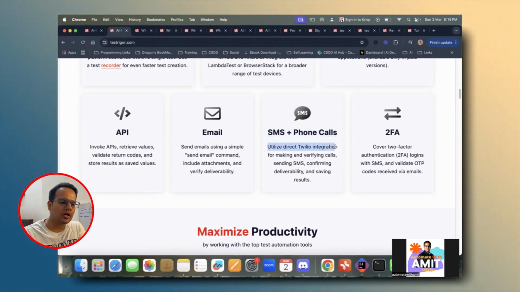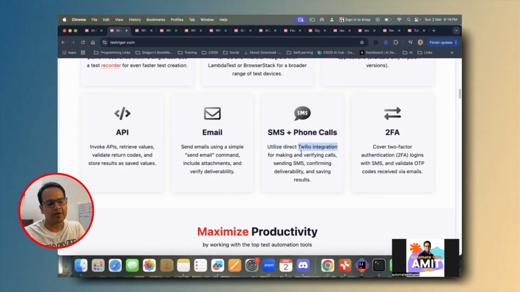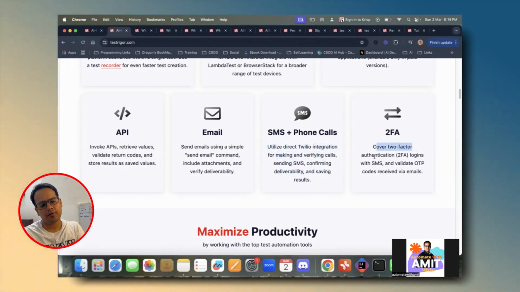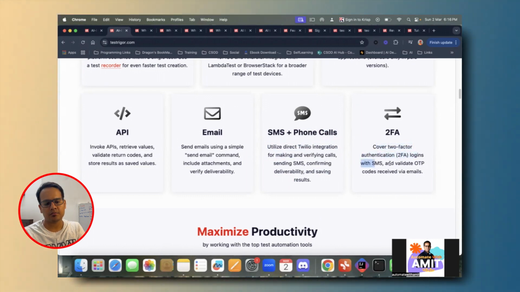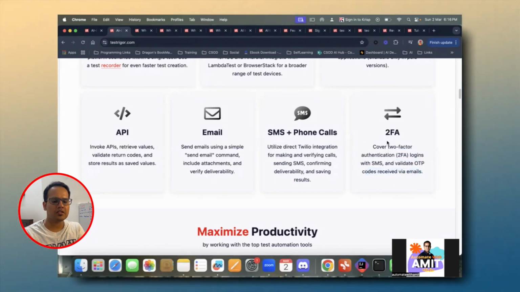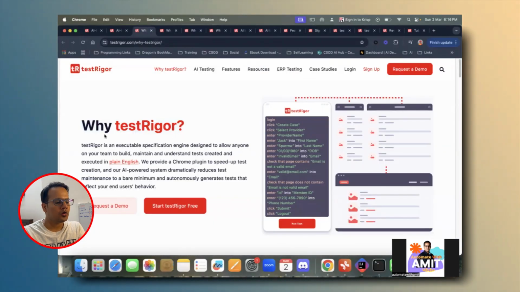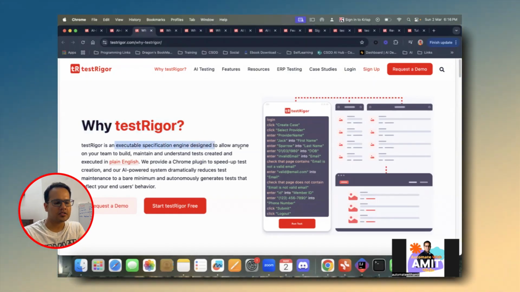It also helps us using Twilio. Twilio is an application that comes as an integration in testRigor. So two factor authentication also, and 2FA logins with SMS and validating OTP codes received via emails. All of these two factor authentications you can automate. Okay, so now if we talk about why testRigor: it is an executable specification engine designed to allow anyone in your team